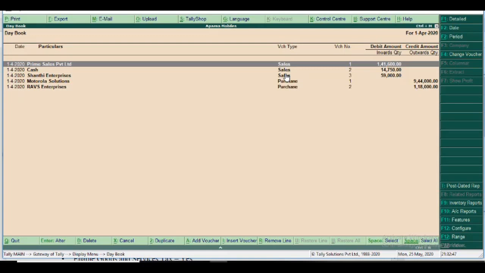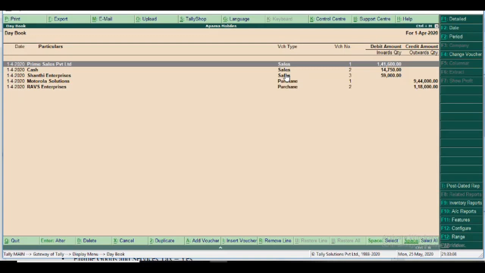Step 1, go to Gateway of Tally, display daybook, press F2 or Alt F2 to change the necessary date or necessary period, okay.